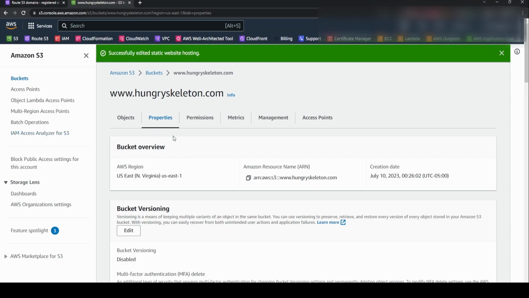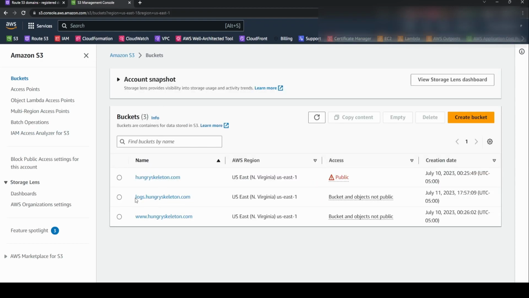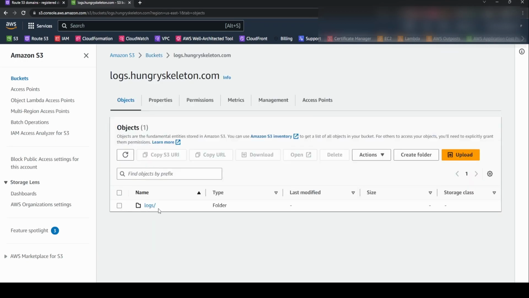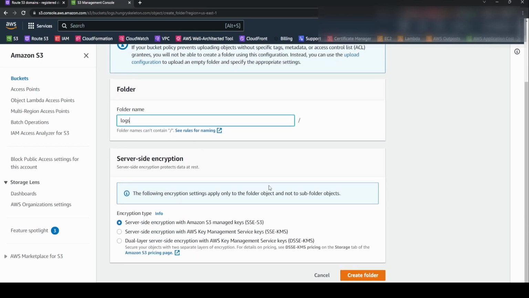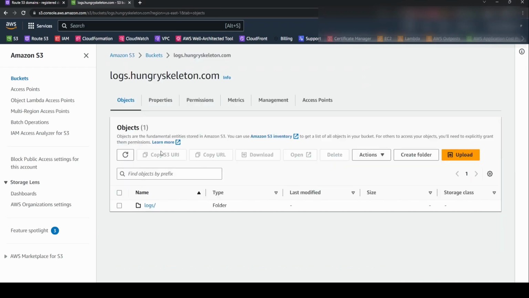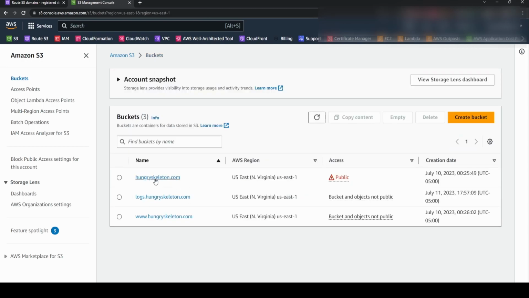And now the last thing we're going to do is we're going to configure our domain bucket to manage logging. So create a bucket with a name logs.domainname.com, and you're going to create a folder, and you're going to call it logs. And here's where all the logs are going to be stored. When anyone accesses your website, it'll log that information in here. So create this bucket logs.domainname.com or whatever domain you have, and go back to